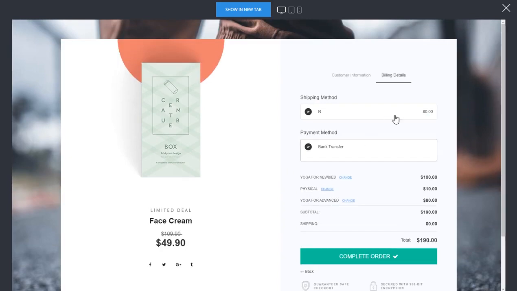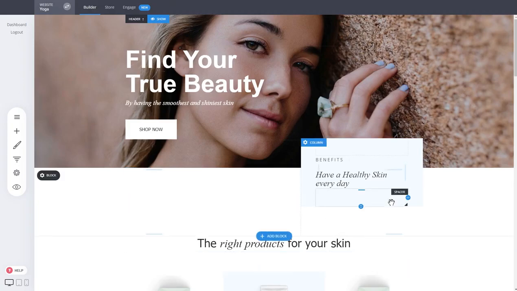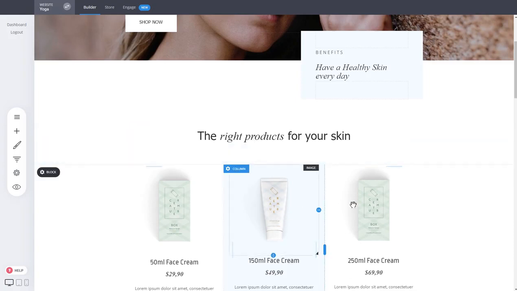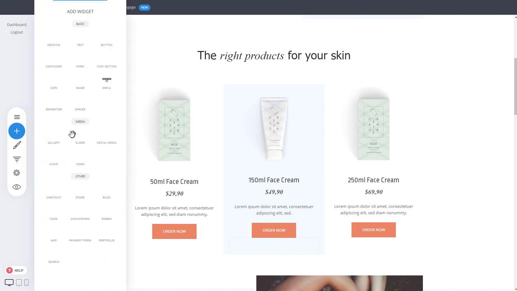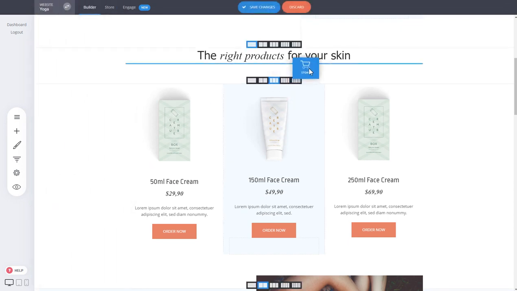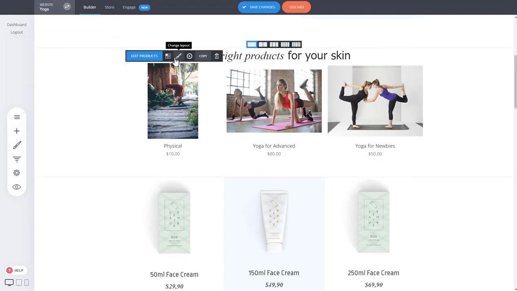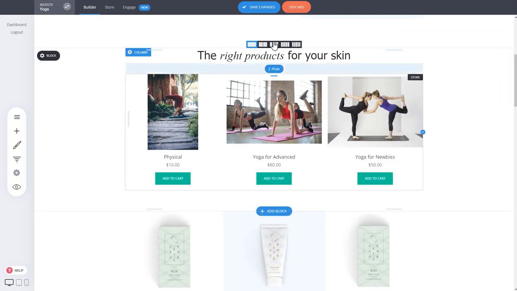This is how simple it is to do any type of checkout with multiple products, in this case, if you don't want to pre-select what kind of a product you'll be selling. So this is good for multiple products. Another easy way to add products instead of having to customize it like this is to use just the store widget. So the store widget, you can actually pre-select the products that you'll be selling. In this case, we have the actual products with their images coming from the store. And here, all we have to do is, let's say, add to cart button for the products